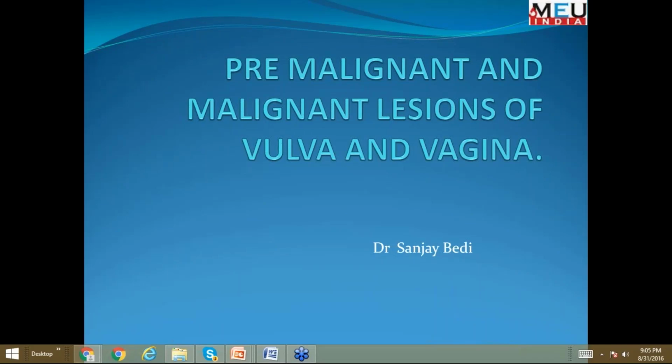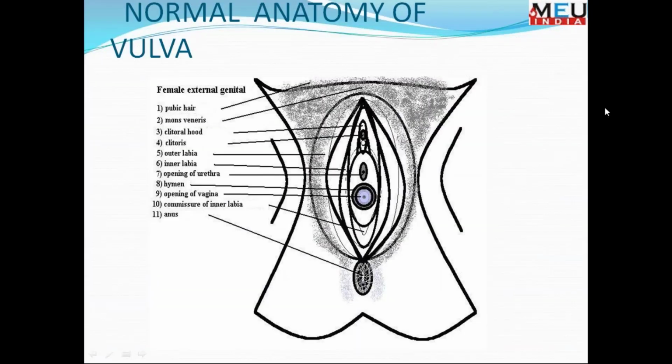Today we will be taking up pre-malignant lesions of the vulva and vagina. Now, the vulva and vagina are one of the openings of the female genital tract, and